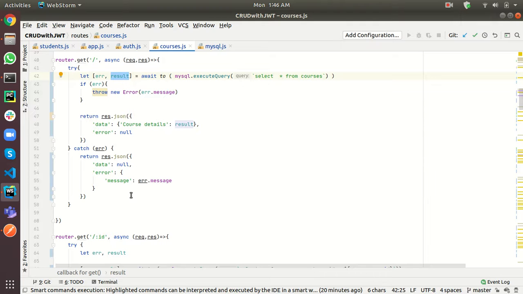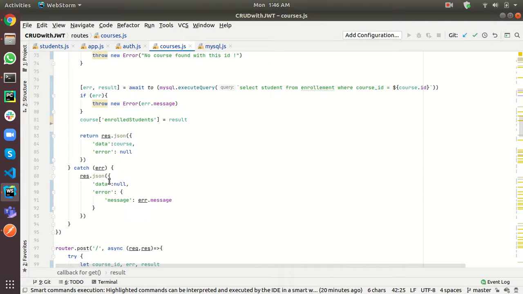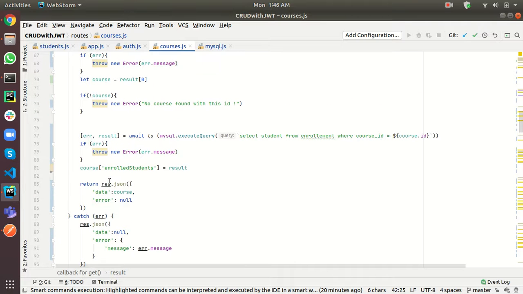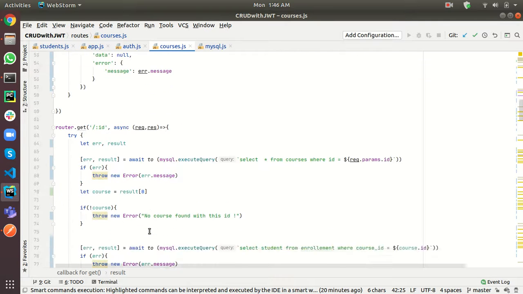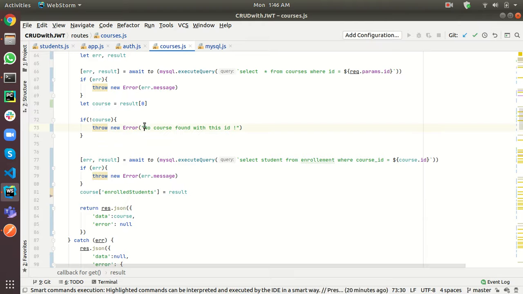Again, if we want to get a course by a specific ID, we check for which ID we are getting the course, and if a course is found, we get that course. If no course is found, we raise an error: there is no course with this ID.